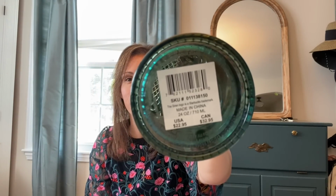So I got this one the other day, and then today at the rummage sale, I got this one, and it was $2. Gorgeous color. I love them so much, like iridescence to it. And it's brand new because it's got the sticker that says $22.95. And the fact that that sticker is still on there tells me it hasn't been put through a dishwasher,